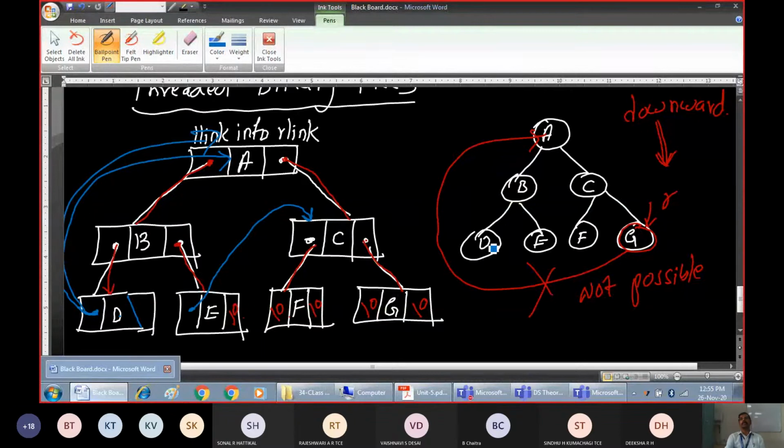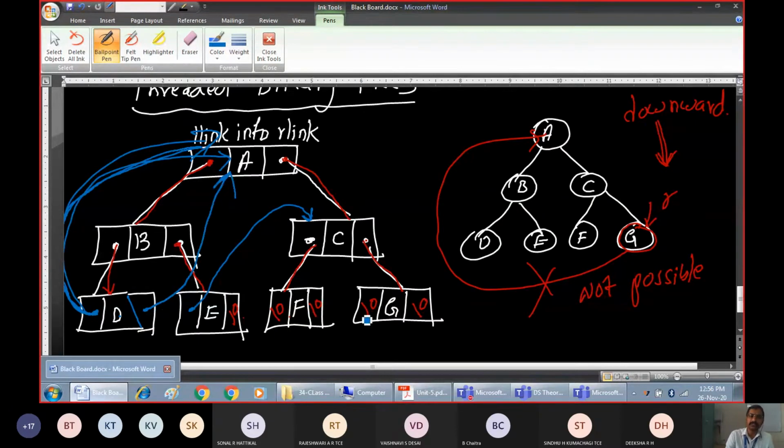That means from any node, you can store the addresses of some previous nodes in the top level hierarchy. That is the help of the thread, and these are called threads. So what are threads? Threads are replacing entities for the null values in the nodes. Instead of storing null values and wasting memory unnecessarily, we can store addresses of some nodes in the top hierarchy.